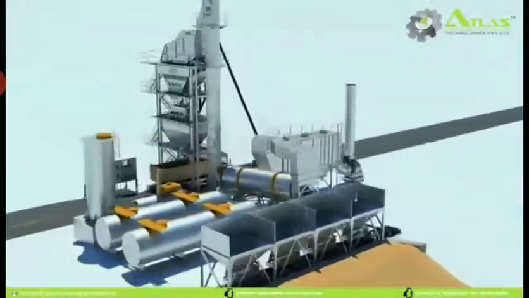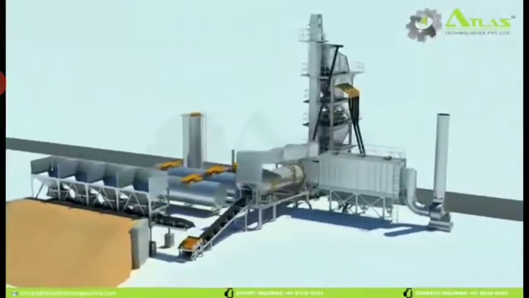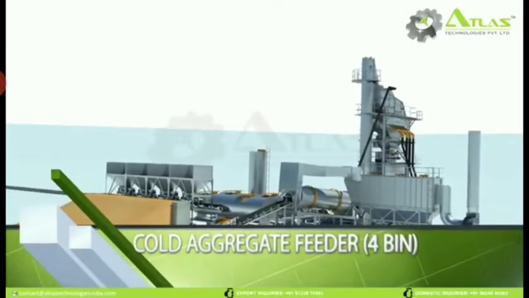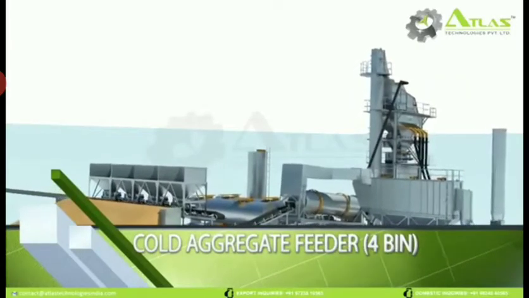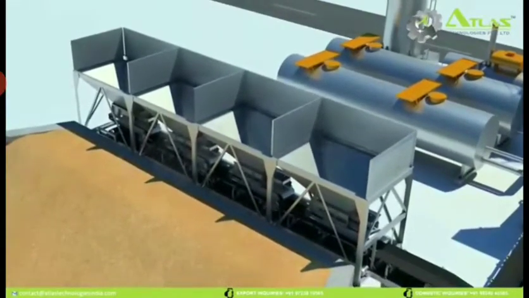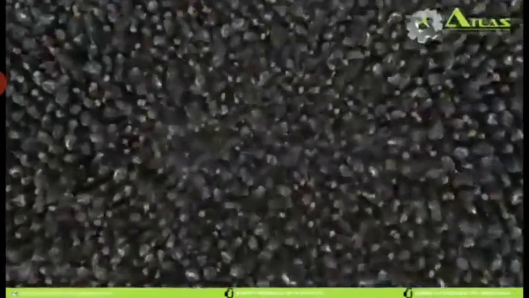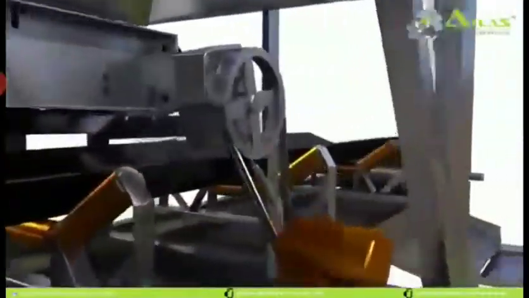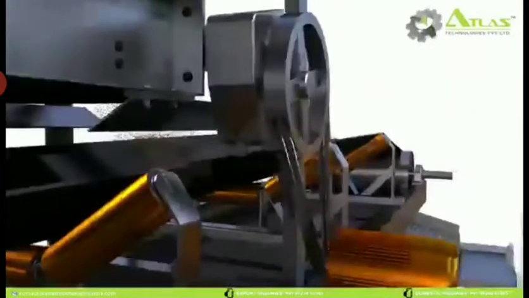So this is a mixing plant of the bituminous mix, which is having aggregate as well as the bitumen. So now, the cold aggregate feeder, I mean with a normal temperature. Okay, so these are the aggregates now. They are taking them as per the proportions, passing them through this belt conveyor system. As per the required grading sizes, the quantity of the aggregates depends. So from the different hoppers, the quantity of the aggregates is going to be released from the batch plant,